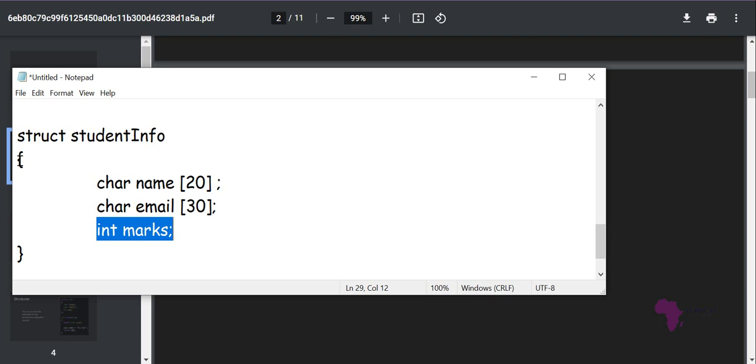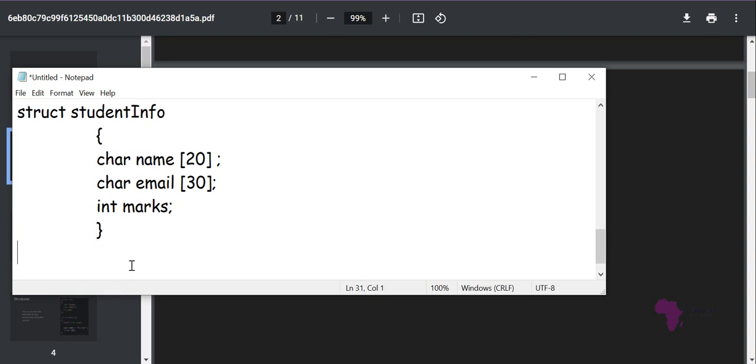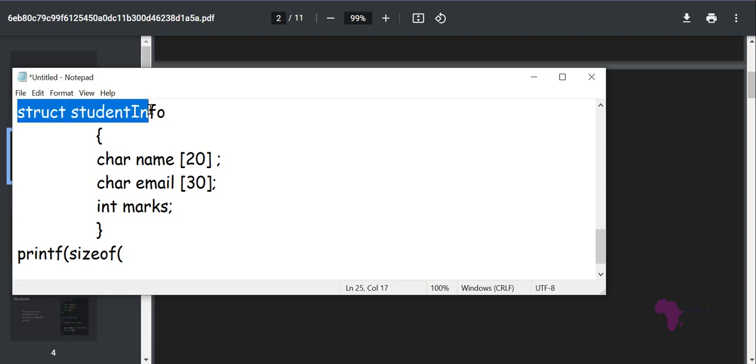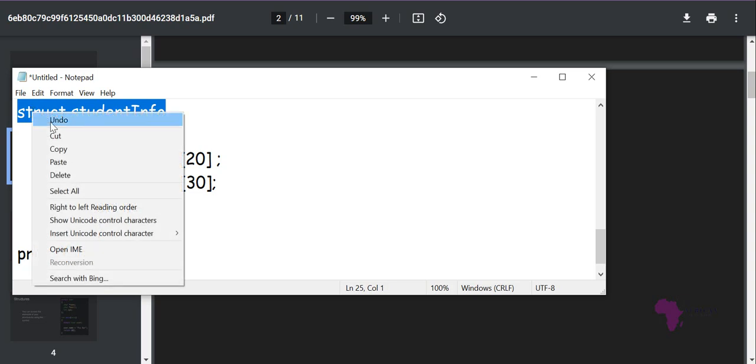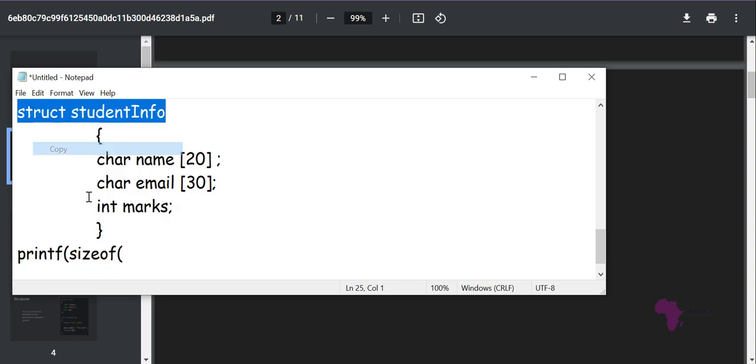It's like a template that tells the compiler how this will look. So let me show you something else. If I want to know the size, if I run a printf like this and I say the size of this particular struct, if I give the name of this particular struct here,